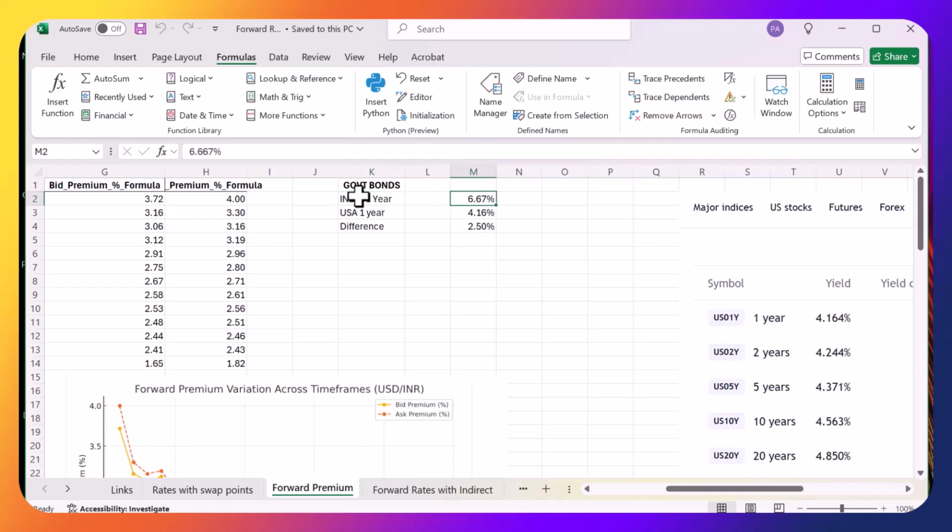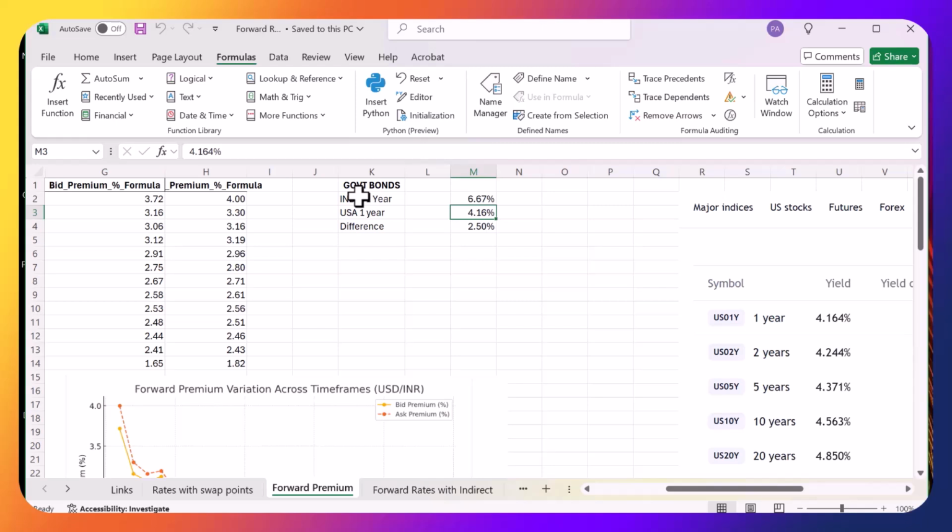Interest rate. Okay. So now what I did was I cross-checked. I'll just show you that. The interest rate in India, now we look at what interest rate? The government bond rate. Sorry, the 1-year government bond rate. The 1-year government bond rate in India is 6.67% and in America it is 4.16%. That means the bonds which are issued by the RBI